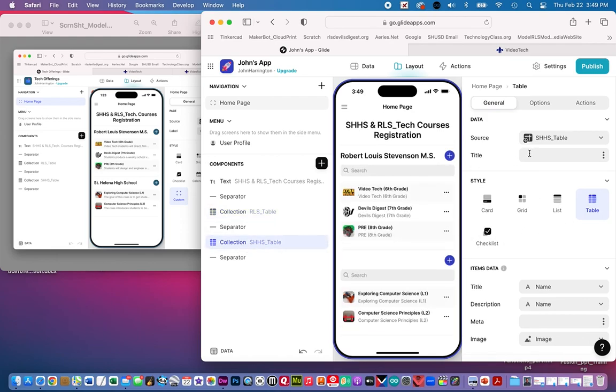And then I'm going to go to the second one. I should probably just do one at a time. And then St. Helena High School. And we are very close. Look at our